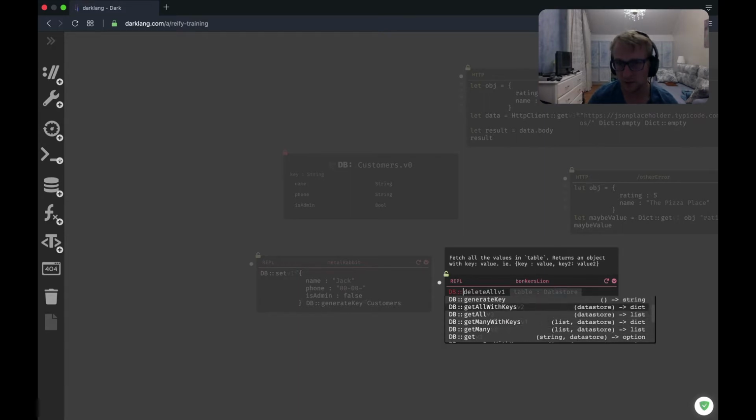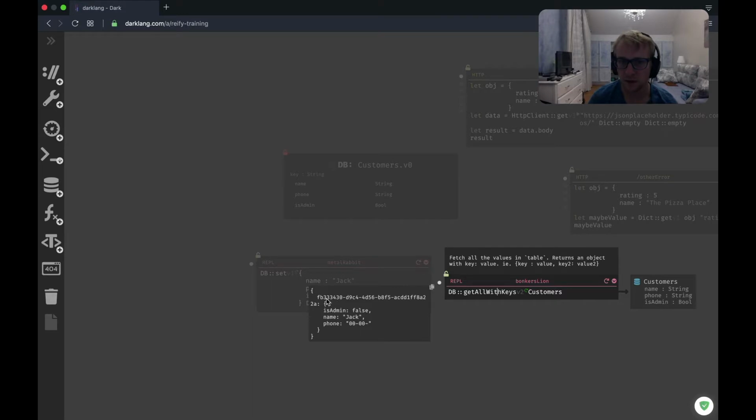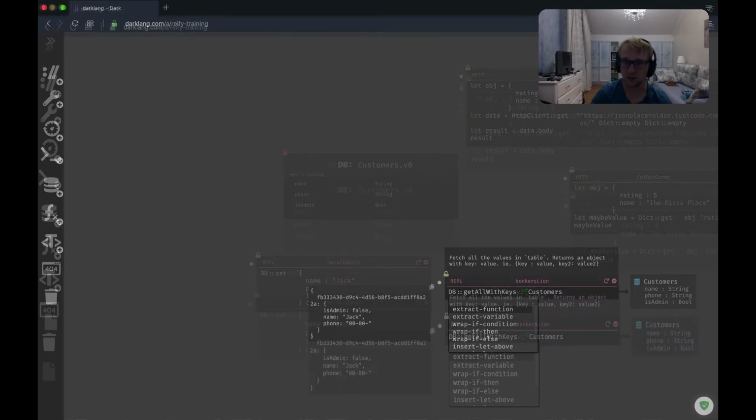And as you might notice, all the gets have get all with keys and get all. So they're all duplicated with a separate function called with keys. Then it will return you an object which will have the key and then an object with the value inside. And the easiest way to work with this, so let's say you want to make all the customer admins, for example, so we can